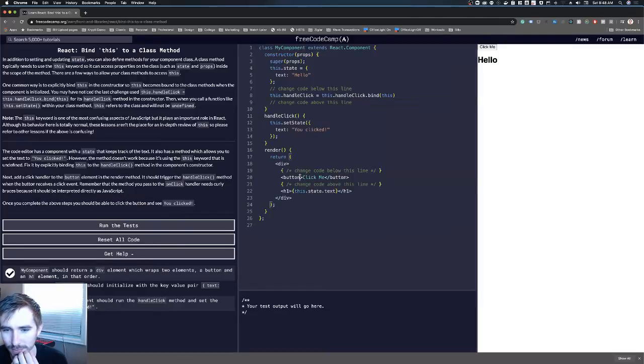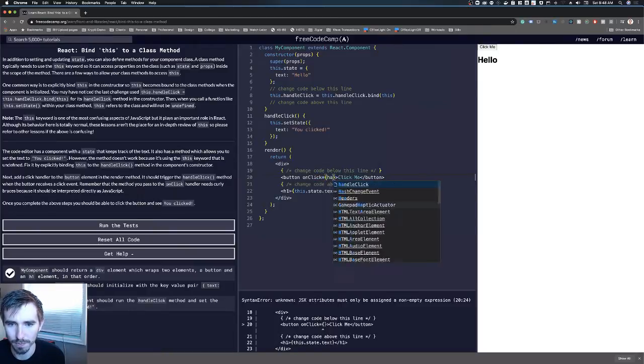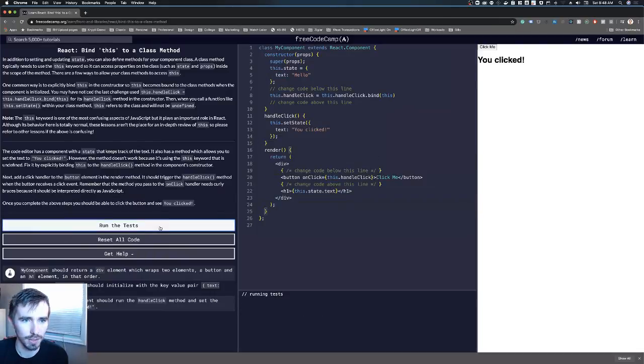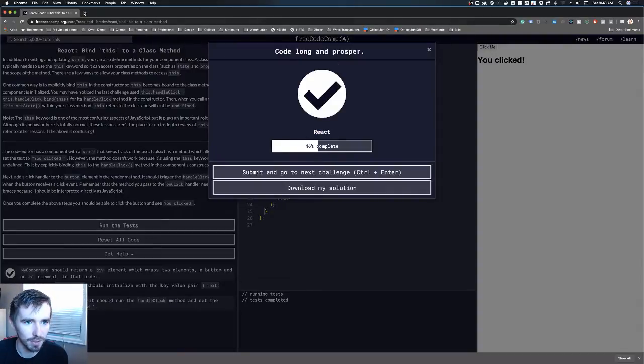Oh, I just assumed they had a click handler in there. Oh, and I have to use this dot handle click. There we go. That's better. I do want to briefly go take a look at